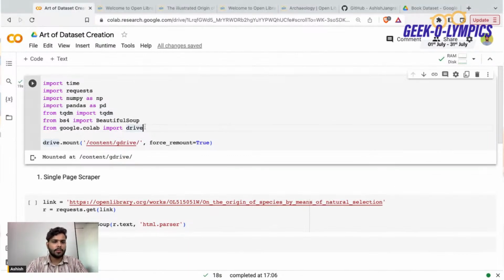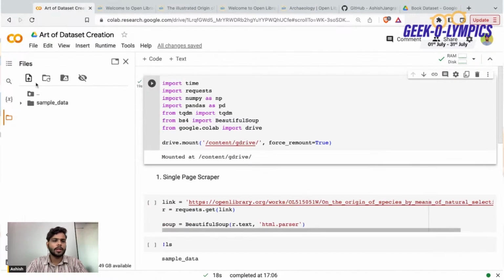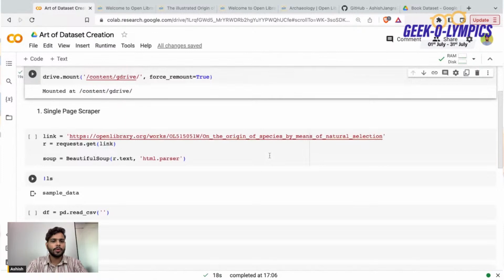So let's do one thing now. Let's start writing the code. Okay, so here you can see there's the code to mount the Google Drive. So yes, you can also mount the Google Drive here as I have done it, and I'm going to share with you how you can